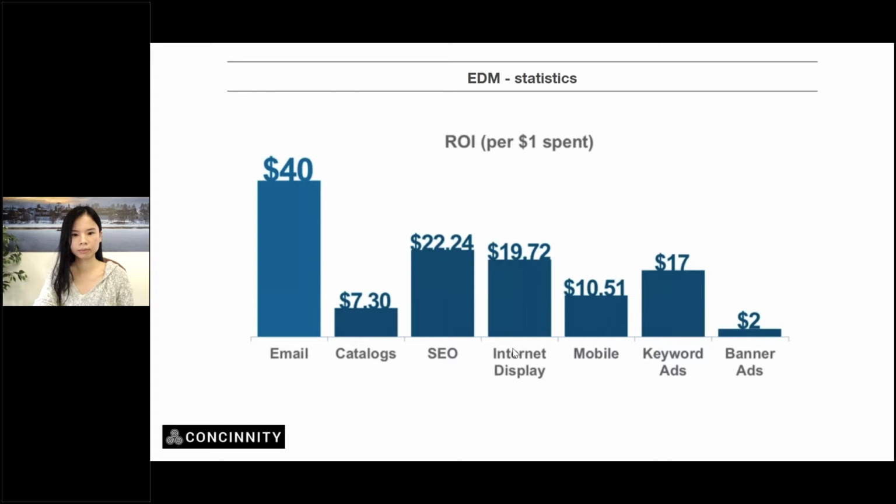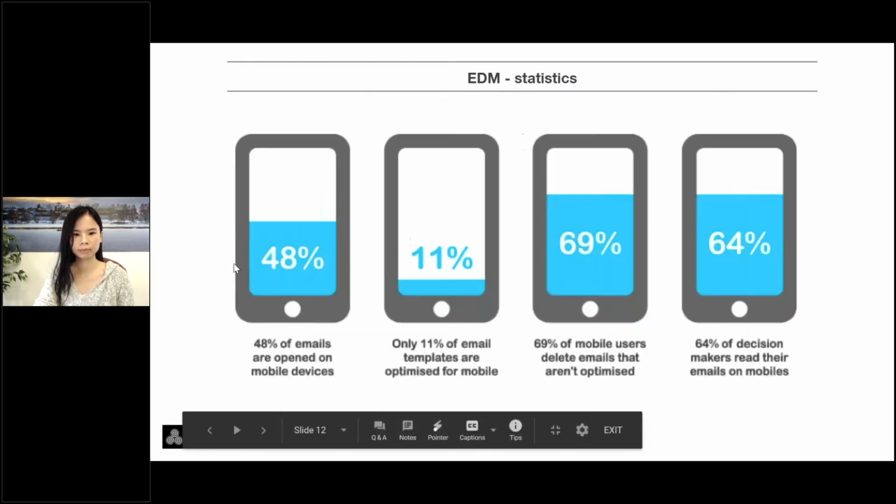Because think about it, what's the cost if you're sending out emails to a mass audience? Your cost is possibly the tool that you're using, right? And maybe the amount which you spend to acquire the audience, which we're going to talk about in a bit, in terms of how to actually make it effective. But basically this means for every $1 that you spend on email marketing, your return on investment will be almost 40 times. Now this is a general average. Imagine even if it is 4 to 8 times, it is still crazy high, correct, compared to other channels, right?